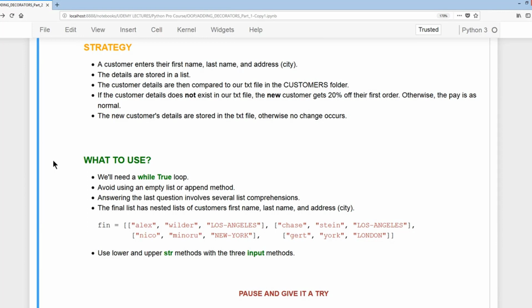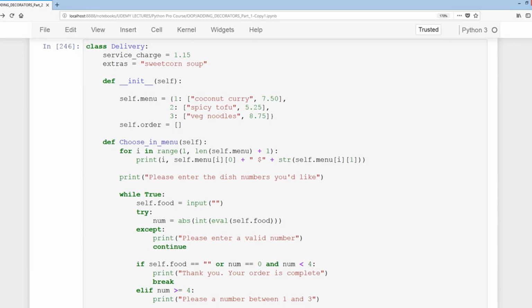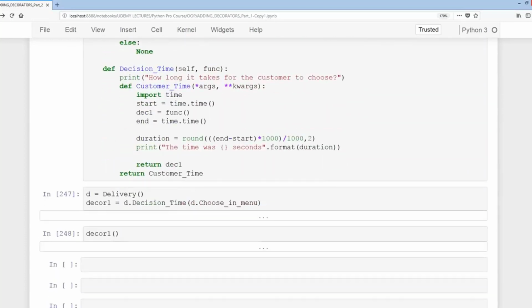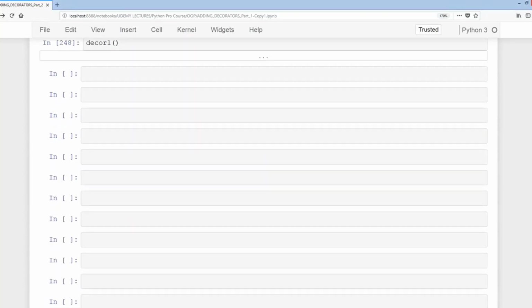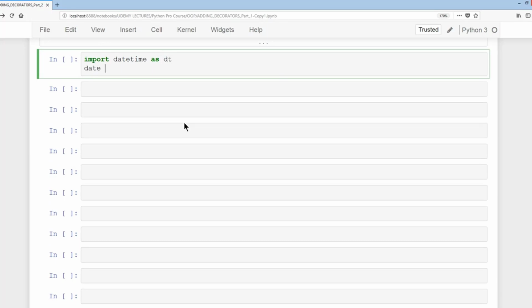Okay, welcome back. Hopefully you gave that a try. I'm now going to show you the solutions. And instead of actually creating the decorator method inside of the class delivery, I'm going to create it outside of it, and then I'm going to put it back into the class delivery. Okay, so what we need to do first is import the datetime module. So import datetime as dt, and then dates equals